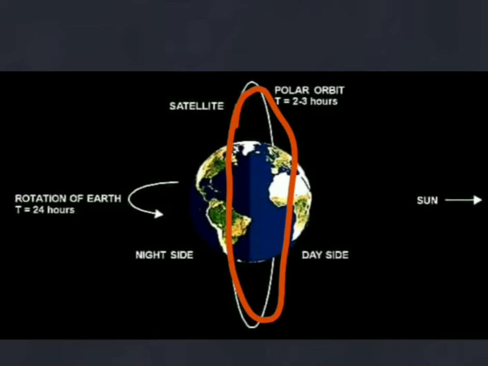And since these satellites are very close to the Earth, we saw that in a geostationary satellite, the satellite was placed at a height of 35,800 kilometers and the time period came out to be 24 hours. But polar satellites are placed very close to the Earth, so we expect the time period to reduce. And the time period of such a satellite is 2 to 3 hours.